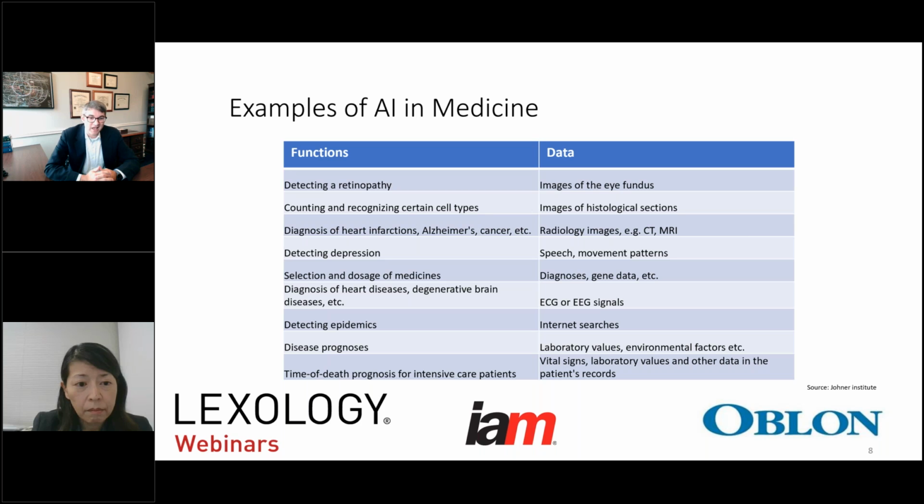There's actually a whole lot of areas that AI has really taken leaps and bounds in the recent few years, especially in the last 5 or so years. So we're able to do all sorts of things that you wouldn't expect we would be able to do, such as detect depression, detect diseases, have prognosis for diseases, detect time of death. There's all sorts of things that we're able to use AI for. And Yuki will get into a little bit more detail about how the pharma area, which has not always been on the forefront of AI, is starting to use AI to develop all sorts of different things.